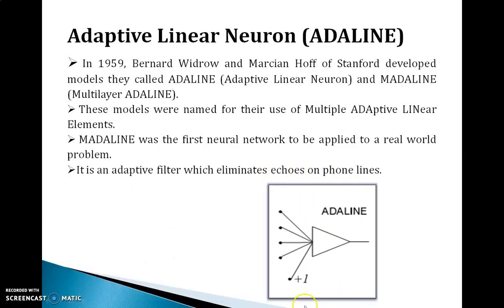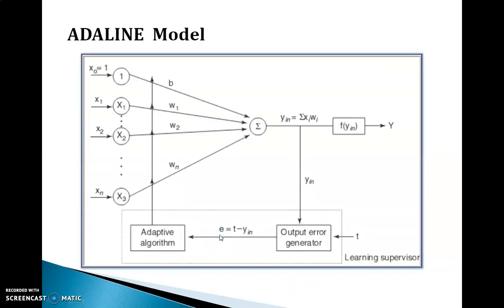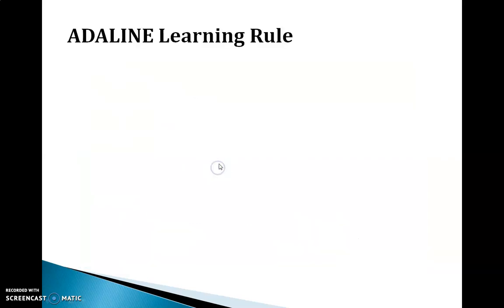This is the Adaline architecture, which takes many inputs. See the detailed architecture of the Adaline: x1, x2 and so on up to xn, each carrying the weights w1, w2 and so on up to wn. We calculate the net input and compare the net input with the target. If there is any difference before applying the activation function, we term that the error. Based on the error, we have to adapt the weights from the input layer to the hidden layer, that is w1, w2 and so on, as well as the bias.